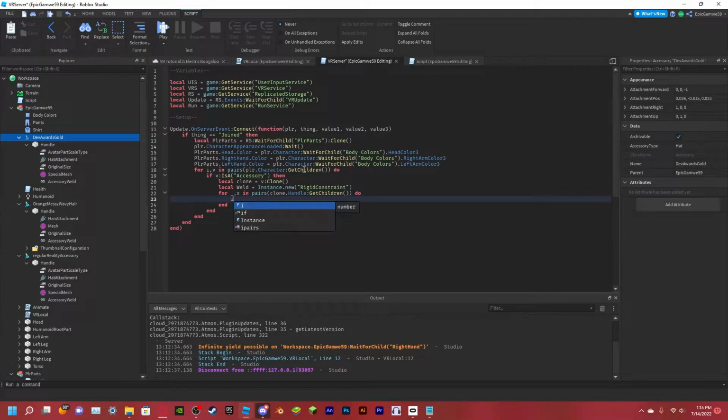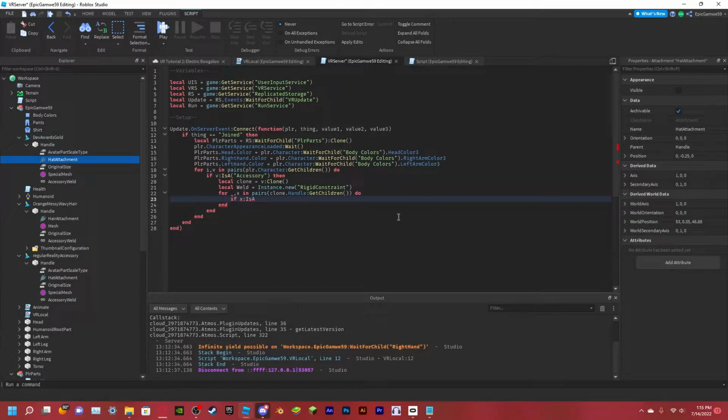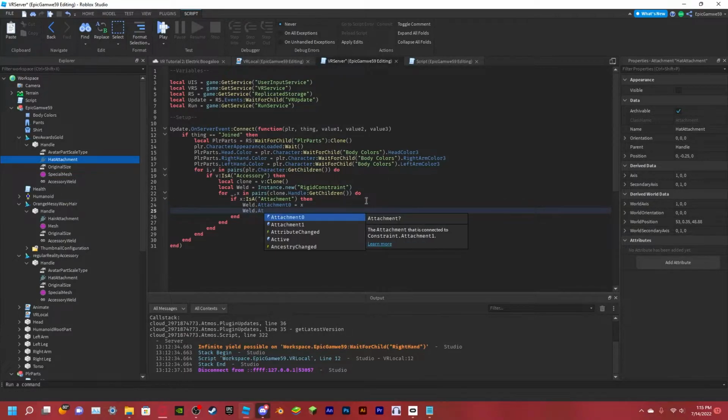So if x is an attachment, right? Yeah, attachment. Attachment, then weld dot attachment 0 equals x, and then weld dot attachment 1 equals